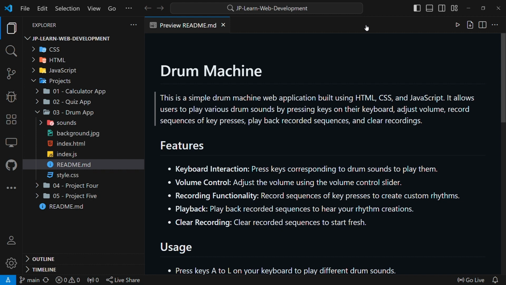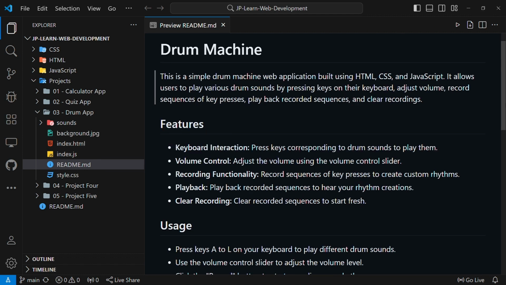We'll be building our third application, that is the drum machine, and I hope you'll enjoy it. So stay tuned. If you're following this course, you know that before any app, we always push some code